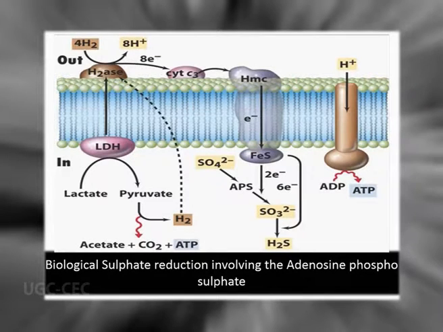But the question is, when I talk about sulfate reduction, this sulfate reduction can be dissimilative or can be assimilative. Now this is an example of dissimilative sulfate reduction, where you can see clearly that this particular sulfate is getting inside as FeS and finally it is converted to hydrogen sulfide, where I am taking the help of sulfate with APS or adenosine phosphosulfate. So this type of sulfate reduction is known as biological sulfate reduction or BSR.